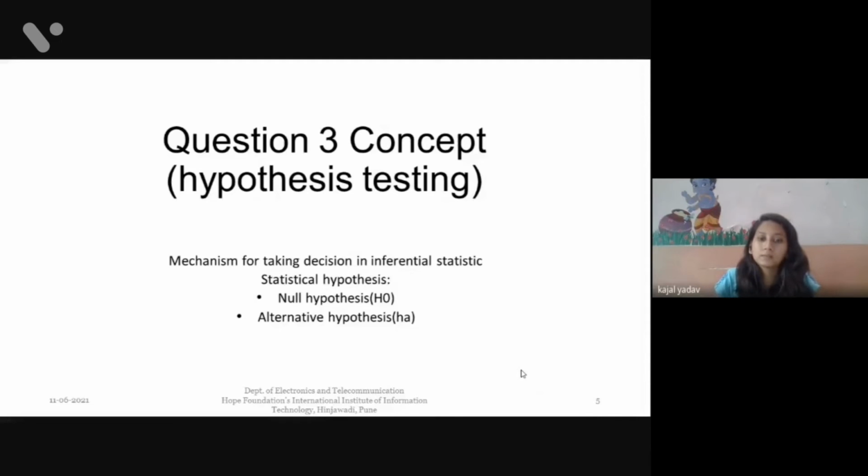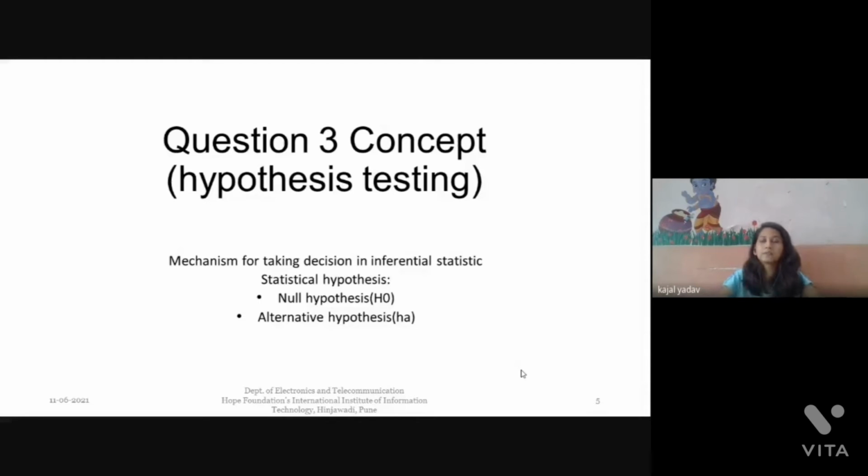So statistical hypothesis has two parts, that is null hypothesis and alternative hypothesis. So what is the null hypothesis? If the given statement says it's true and there is no change in this statement, and the belief is true, then it is called the null hypothesis. There is nothing new in the null hypothesis. It will prefer the old belief. It is denoted by the H naught symbol.